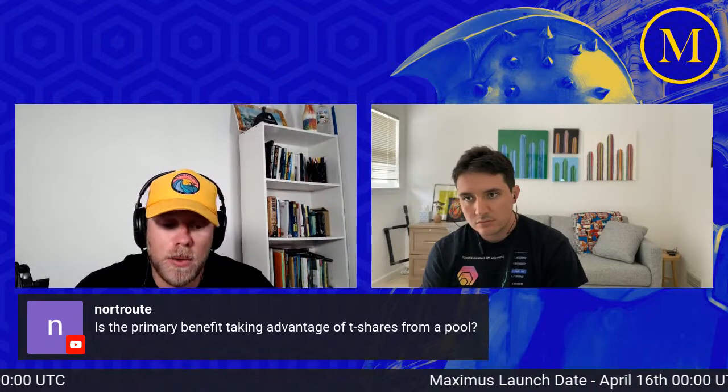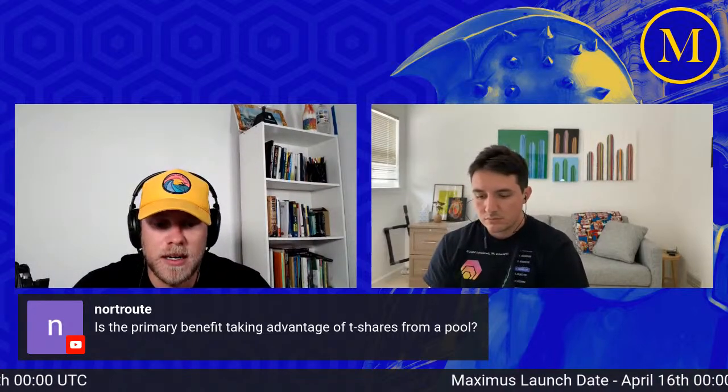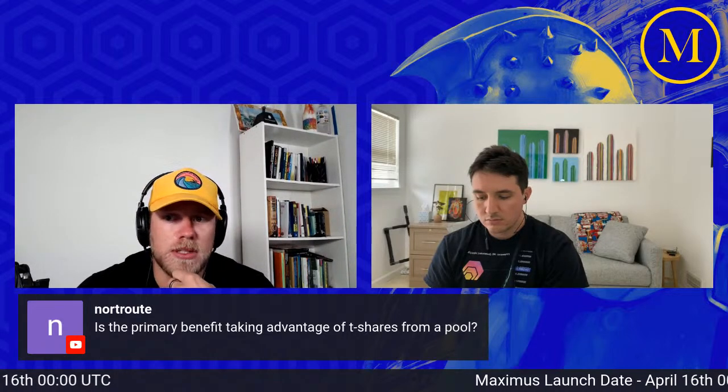Is the primary benefit taking advantage of T shares from a pool? So there's 4 main benefits, and I actually ran a poll, and it was interesting. Like, people care. Of the 4, people care about different ones as their main benefit, right? So there's the maximum yield, the instant liquidity, the gas fee savings, and then the market utility. So like maximum yield from,